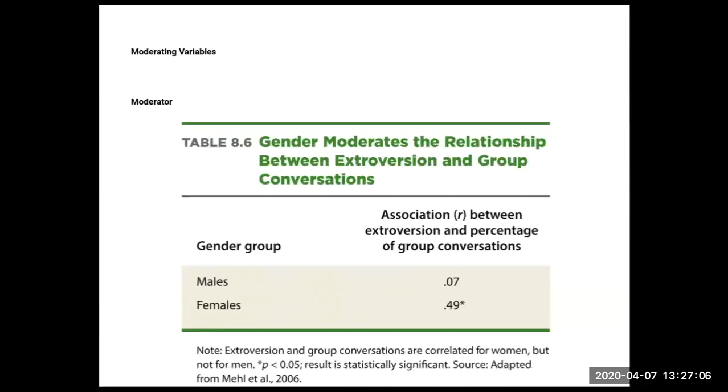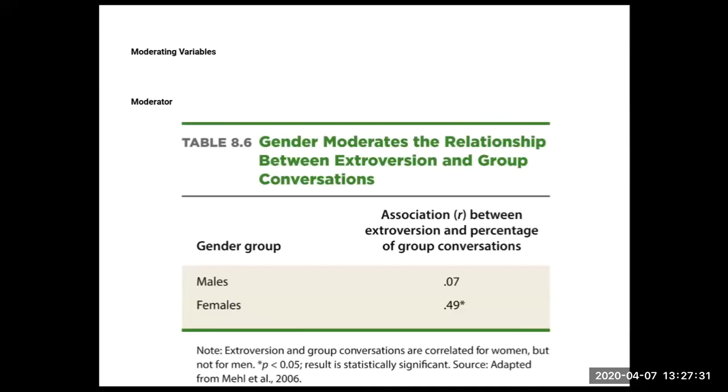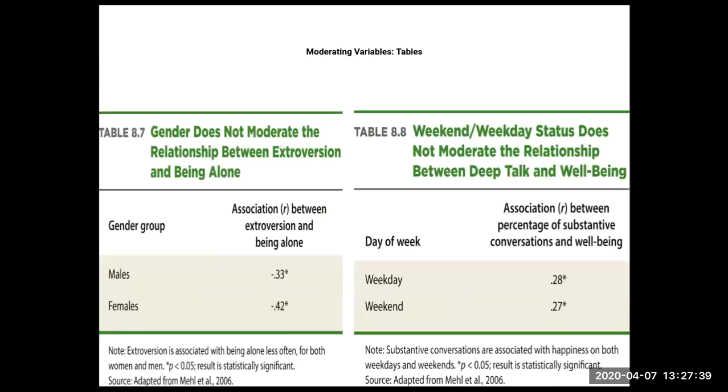If I go back and the scores are far apart, 0.49 and 0.07, you would say that gender is moderating because females are a majority of that relationship and males are not really much at all. So the sort of cheat sheet way of thinking about it: if the numbers like this are very close together, you would say that those groups are not moderating, and day of the week or gender is not a moderating variable. If the numbers are far apart like this, then you would say that gender is moderating that relationship because females have a high score and males have a really low score. So that's sort of the way to think about that.